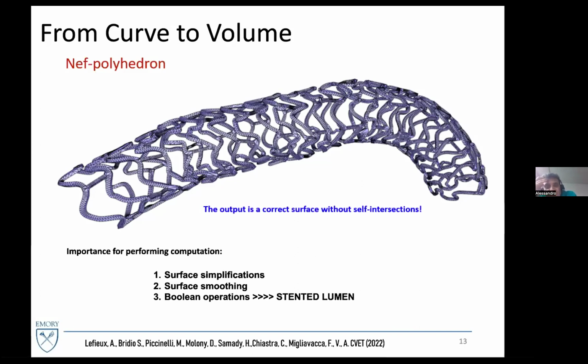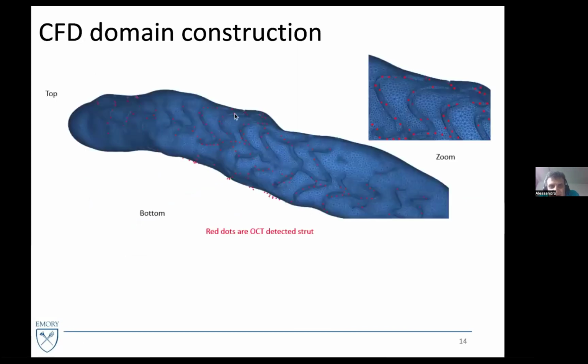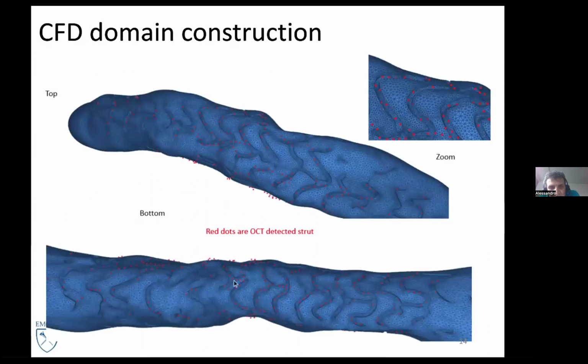If you did any 3D meshing, you know that on complex geometries, self-intersections in an STL file are really a mesh killer. So in this way, we were able, with CGAL, to obtain this 3D structure without self-intersection. And finally, by Boolean operations, we could reconstruct the stented lumen. So where you see the dots are the stent reconstructed from OCT, and this is the mesh we obtained